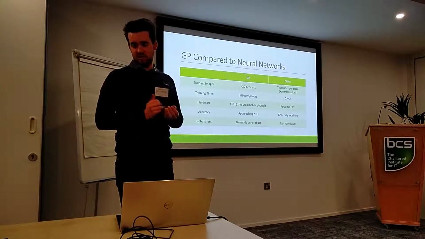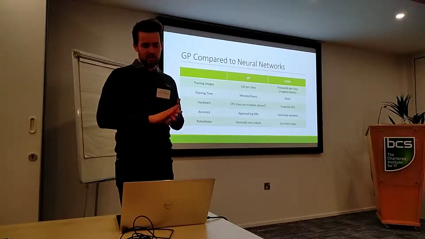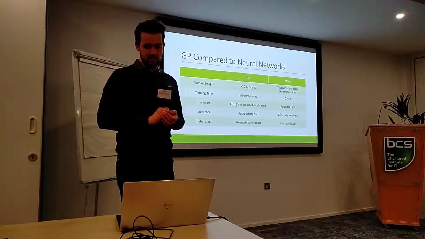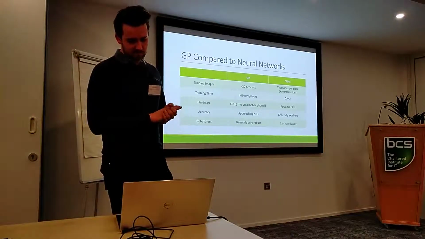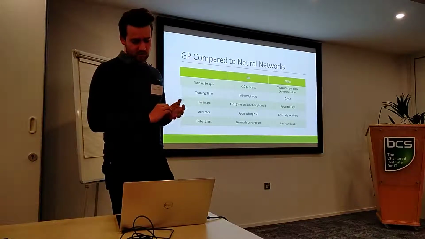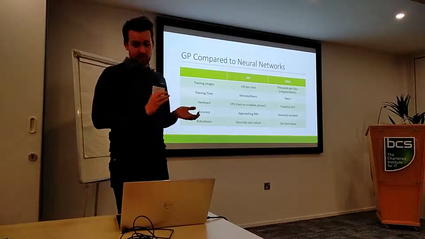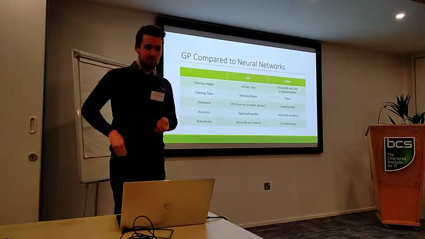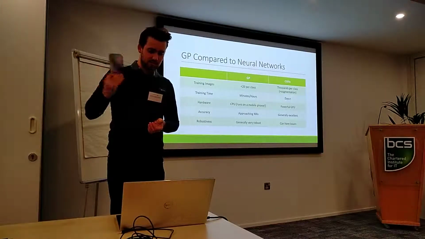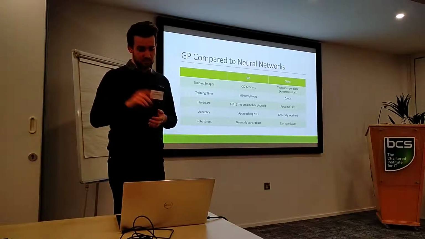So we're looking at about 5 images per class usually to get a very good classification rate. Training time, minutes and hours. I'll show you in a minute some results that we've got. Hardware, it's all CPU based, so it actually runs on a standard Android mobile phone. I've evolved a classifier to classify what I'm going to show you in a minute